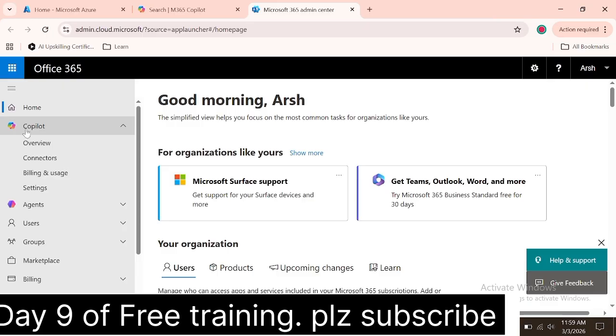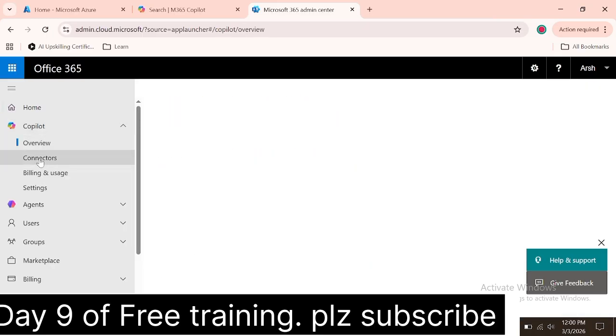ChatGPT is a paid version. If you want to search 10 or 15 times in a day, then it will ask you to sign in with the premium version, or ask you to buy. But Copilot is absolutely free. So this is Copilot. Then we have